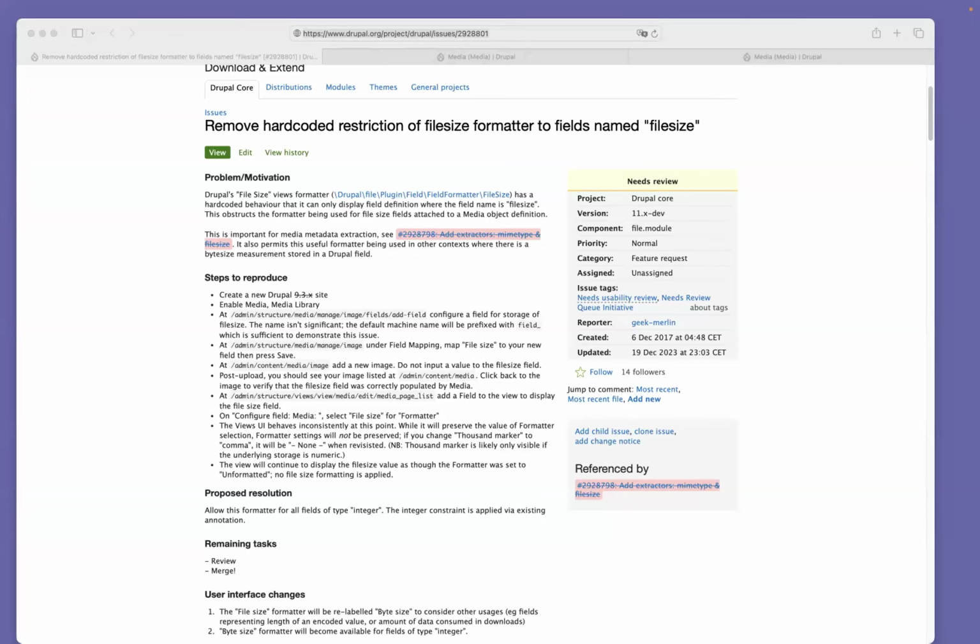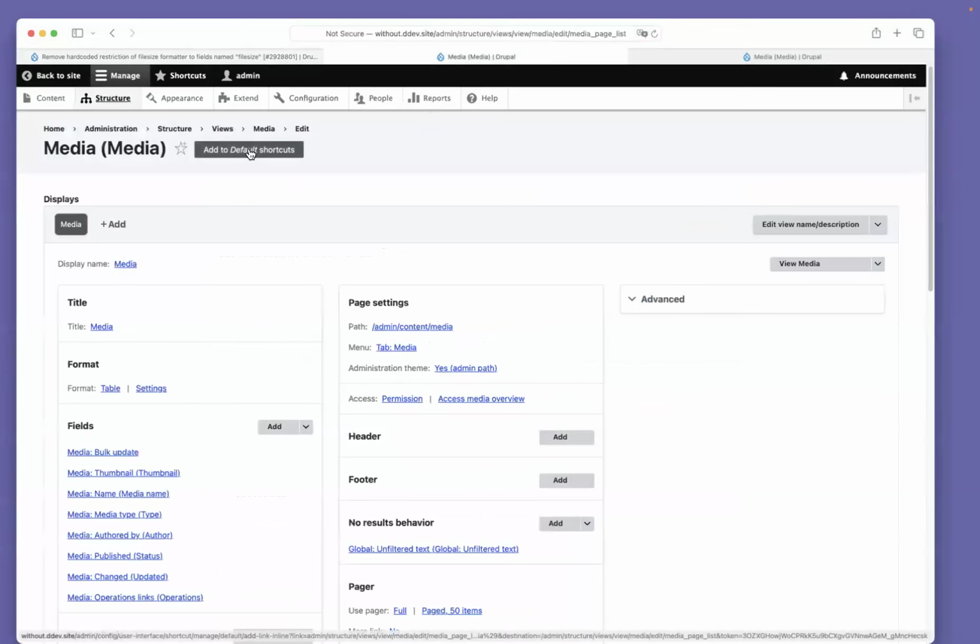Basically, how to set the issue up is you enable media and media library module. Then you add an integer number field. And then on the media type for image, under the field mapping, I'm going to quickly show